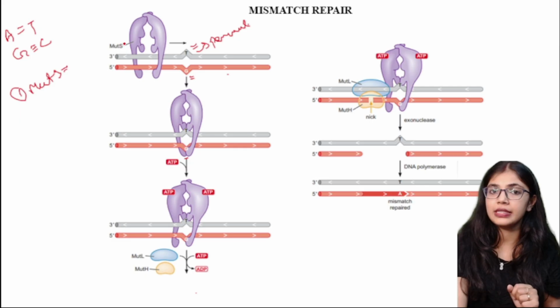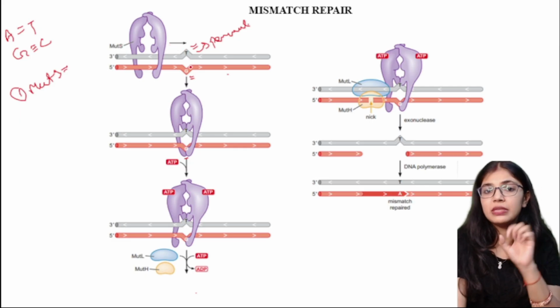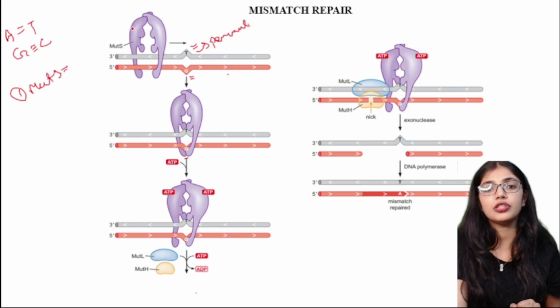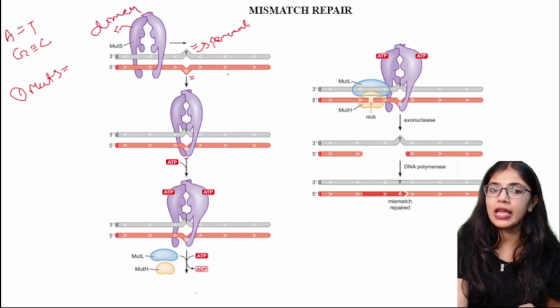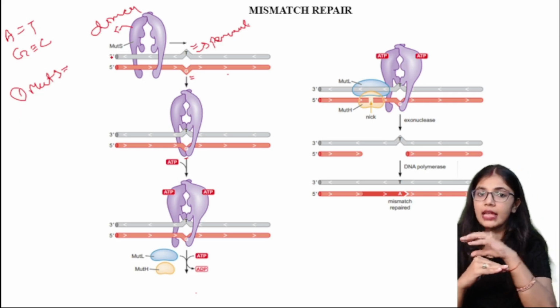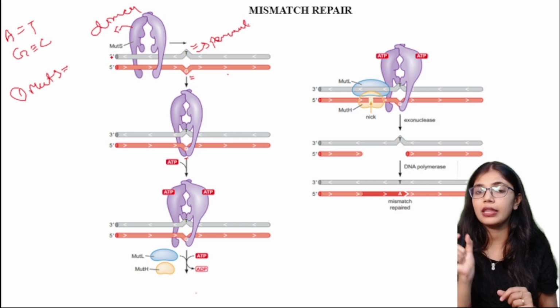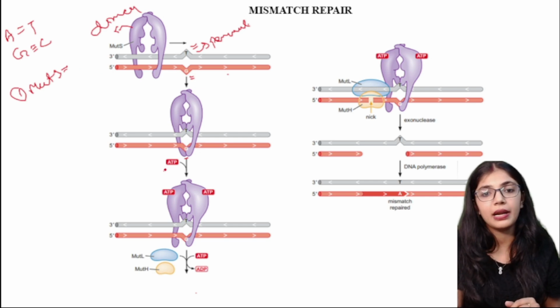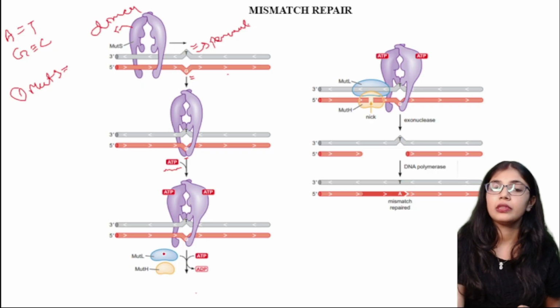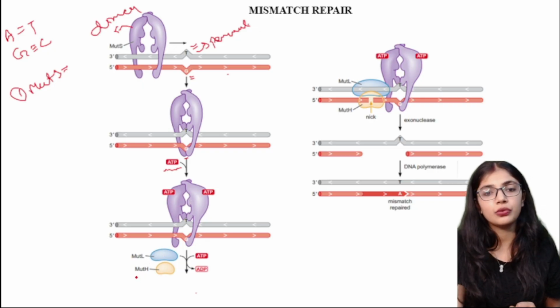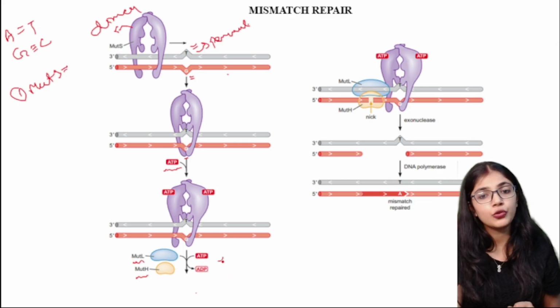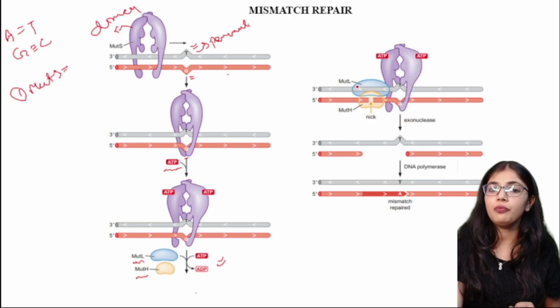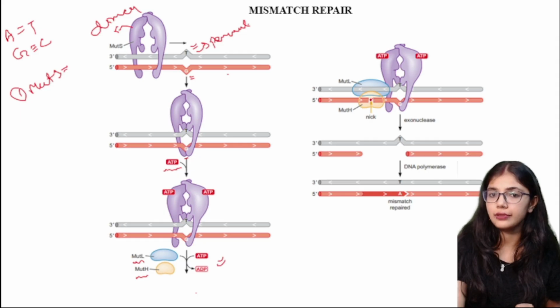The work of MUT-S is that it recognizes this place where the mismatch is taking place. We can see that the MUT-S is in the form of a dimer. It is like a clip. It scans the DNA and recognizes a particular place where there is a mismatch, and this is an ATP dependent process. Here ATP is being used. After that, it recruits some other proteins, known as MUT-H and MUT-L, and this is also an ATP dependent process. The work of MUT-H is that it creates a nick in this region. This MUT-L comes and binds in the parent strand,